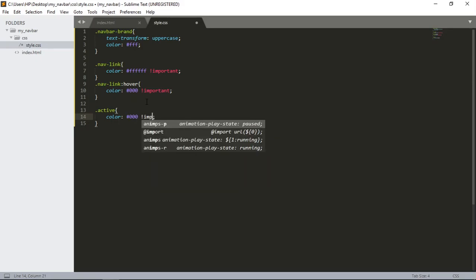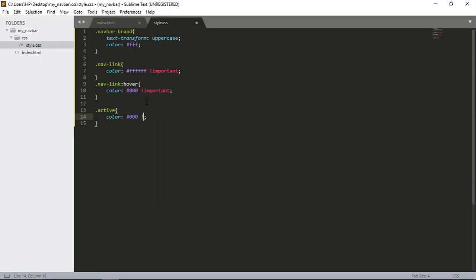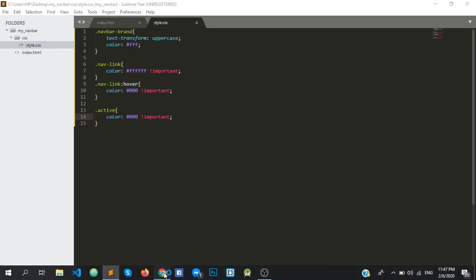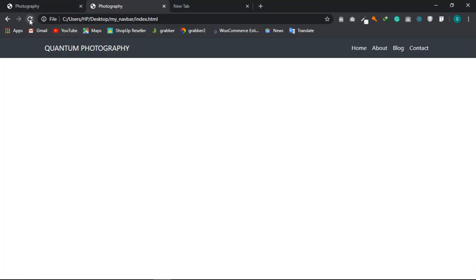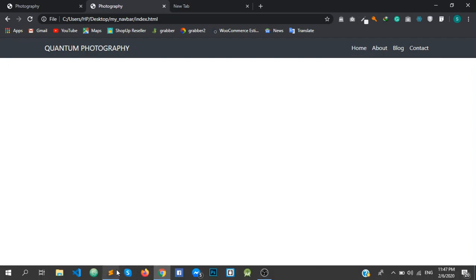By default the color of active is white. We need to give it some special priority, so important. Fine, so let's see, it's not working. Okay,